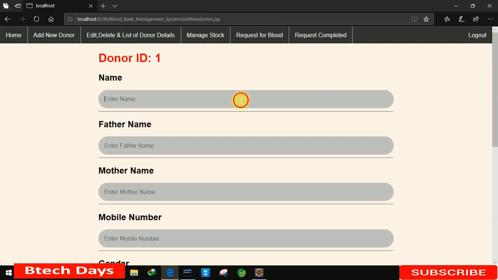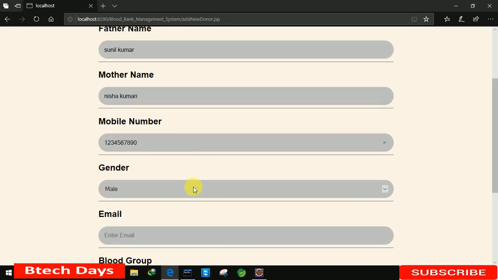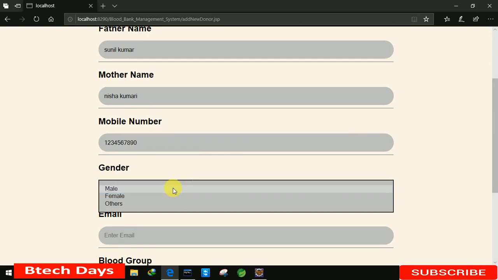Okay, so I'm just writing Gaurav Kumar, Sunil Kumar, Nisha Kumari. After that, I'm just writing the mobile number 0. After that, my gender is male, that's why I'm leaving it as male.